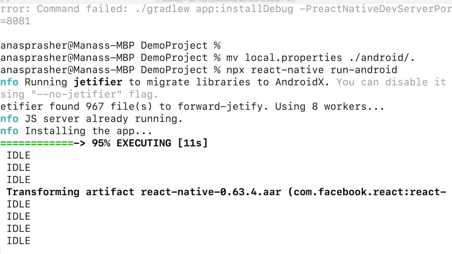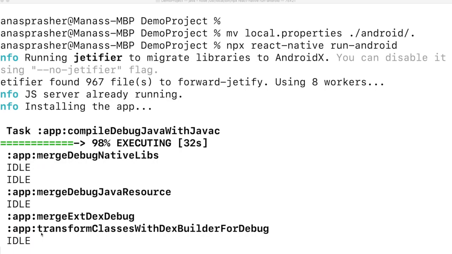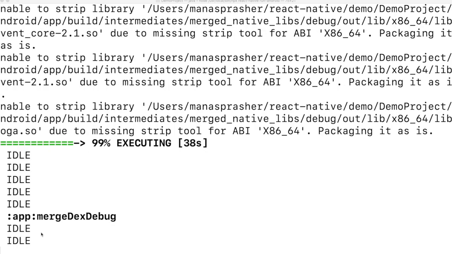Now this process might take a good amount of time because it is building the app from scratch. So it will actually build the Android app. You can see the Gradle build is running, and it is running all the Gradle tasks to actually run the Android app. So this process will take some time, and eventually when the app builds, it will be installed to the Android